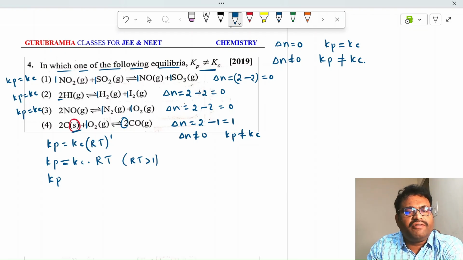So when RT is found to be greater than 1, in this condition, see the R value, we know that it is 8 point